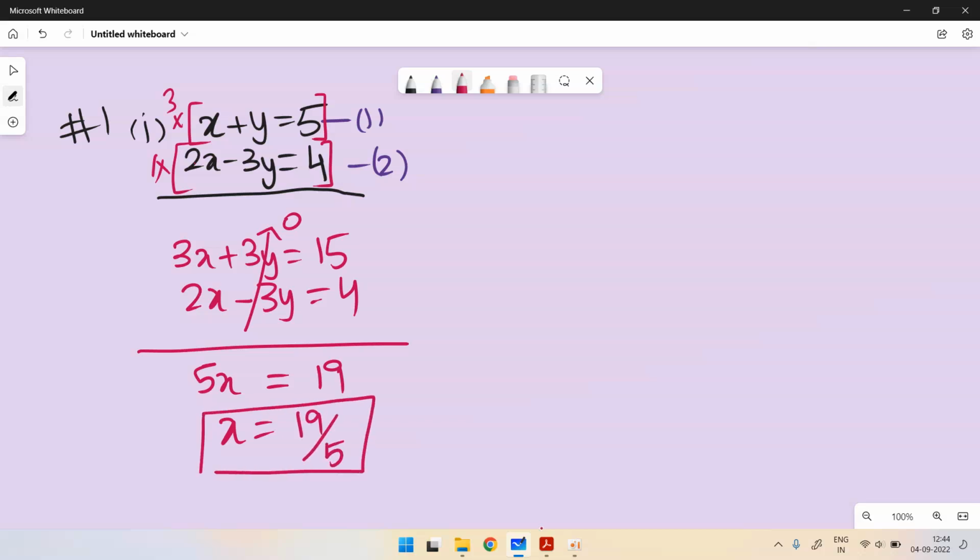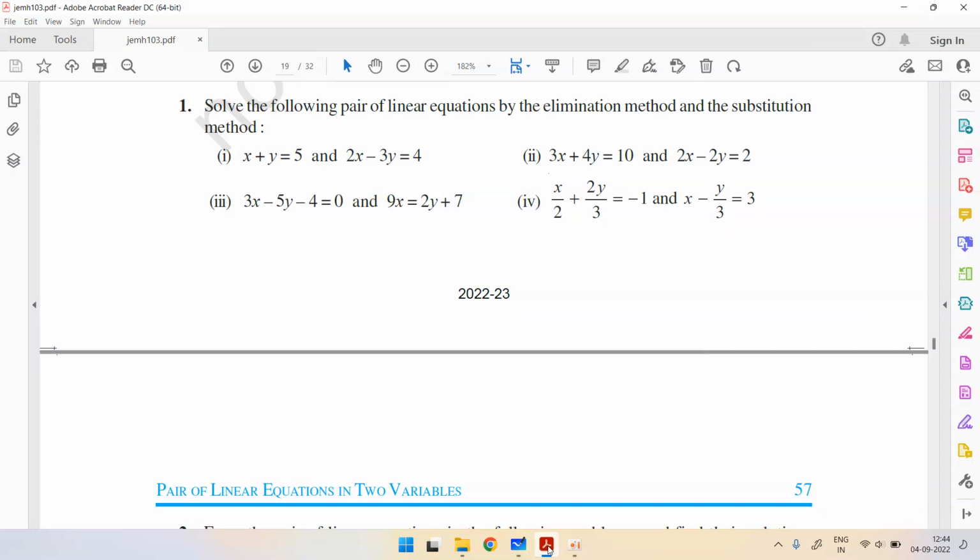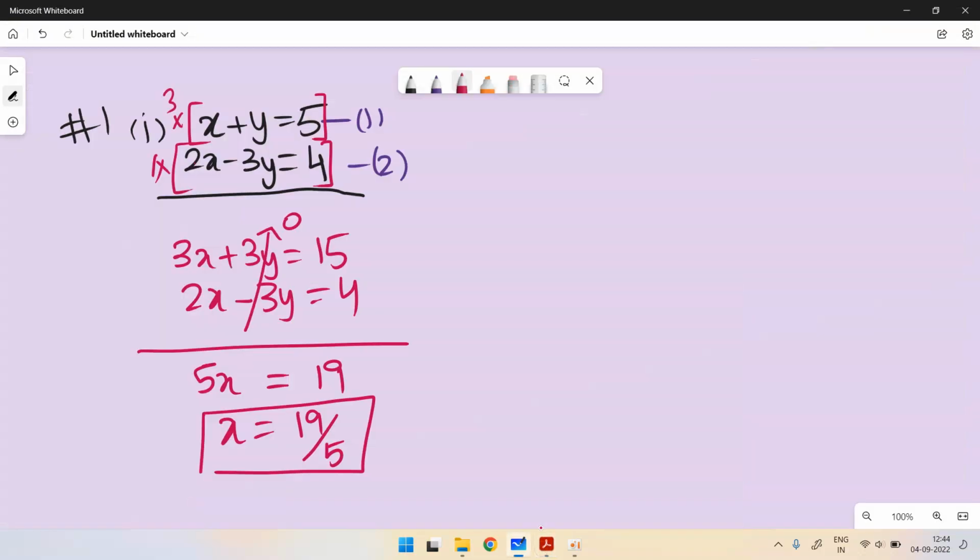X here will be 19 by 5. By 5, 2x minus 3y equal to 4, 4x plus y equal to 5. So 9. Now if you put this value of x here,